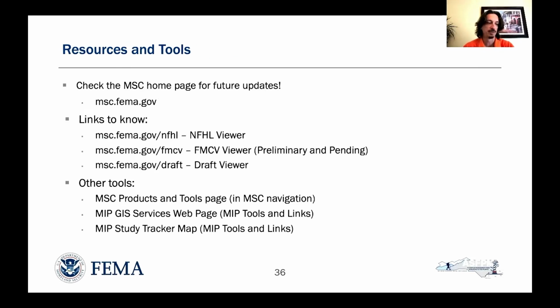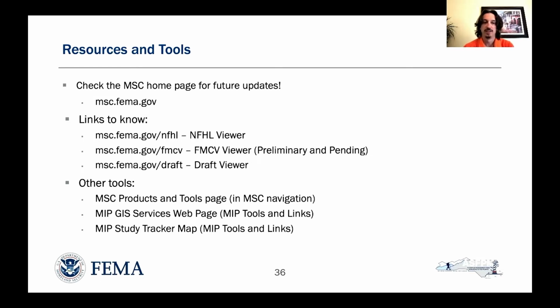I wanted to recap some of the available resources and the tools specifically that I went through in this presentation. Again, that msc.fema.gov URL repeats throughout. So links to know: msc.fema.gov/NFHL for the National Flood Hazard Layer Viewer. My favorite, the Flood Map Changes Viewer, that's showing your preliminary and your pending data, also your preliminary changes since last FIRM. And then the Draft Viewer,